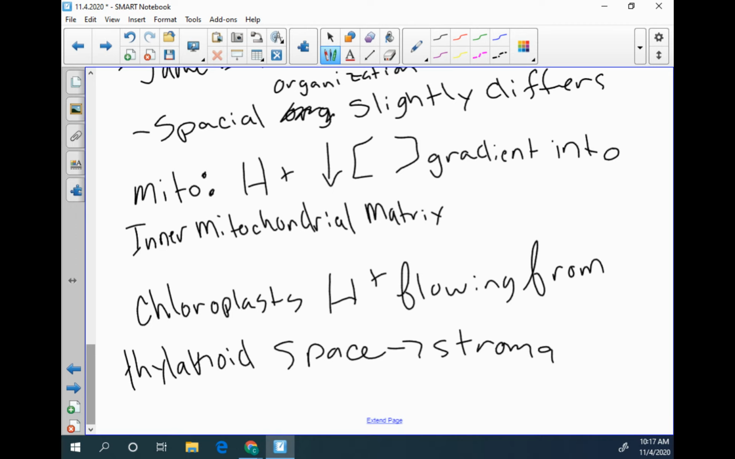So that is the light reactions. All of that is how we get from a photon of light to NADPH. That NADPH will flow into the Calvin cycle, which we will talk about